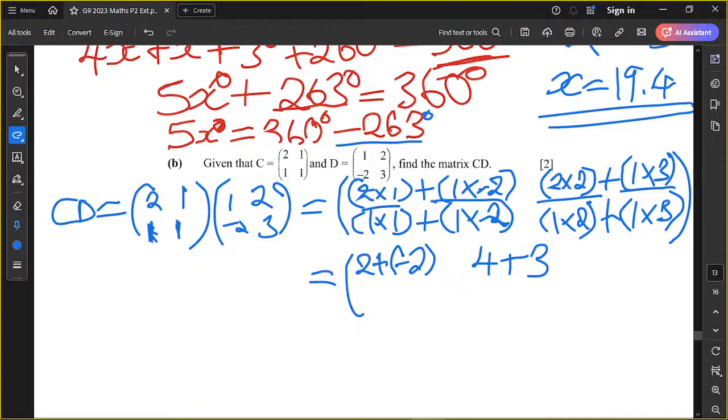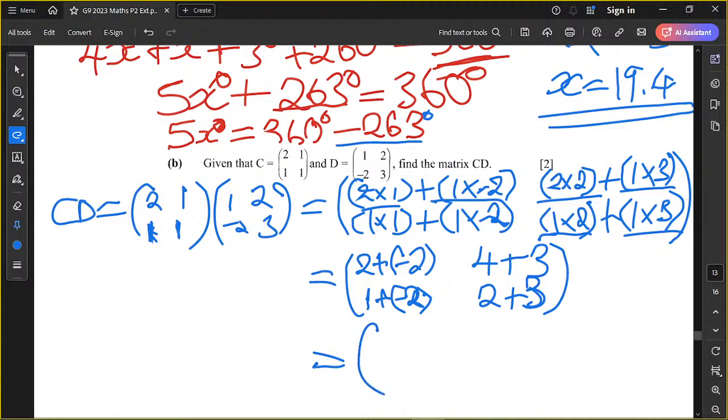Then we come down, 1 by 1 will give us 1. 1 by negative 2 will give us plus negative 2, like that. Then we have 1 by 2 will give us 2. 1 by 3 will give us plus 3, like that. Then close bracket. Okay, then 2 plus negative 2, we say equals, we open bracket, 2 plus negative 2 will